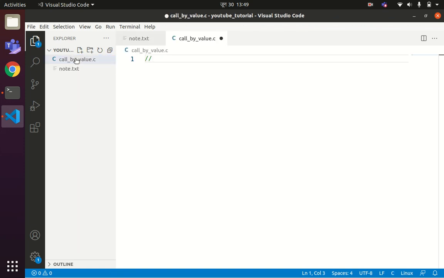I will write a program that will have the function sum that will accept two integers and return the integer result. The program to understand the concept of call by value will have a function with the following prototype: int sum(int, int).